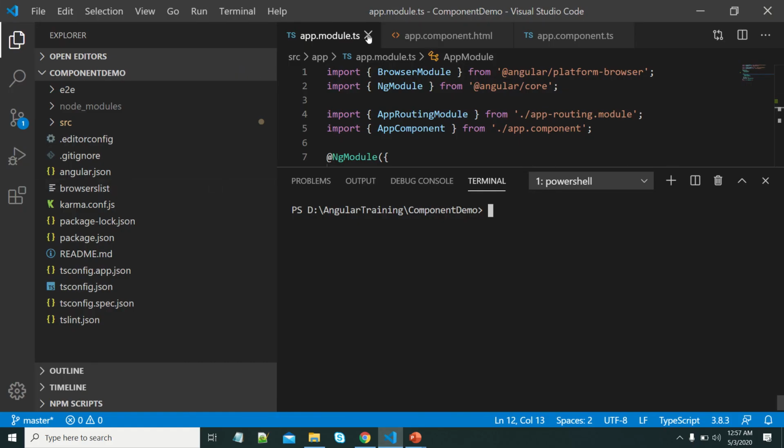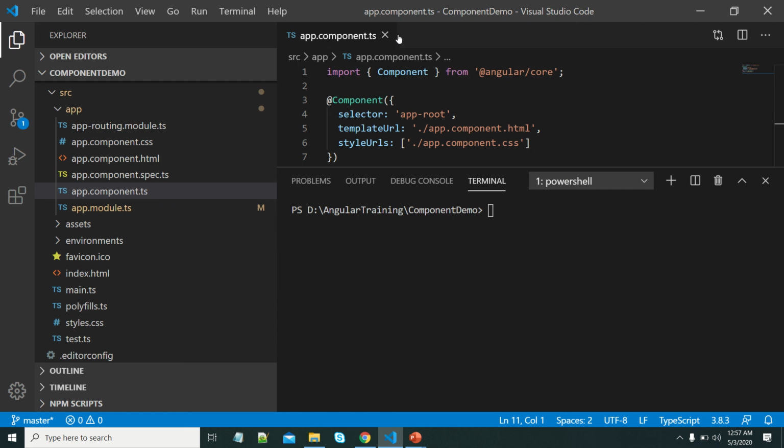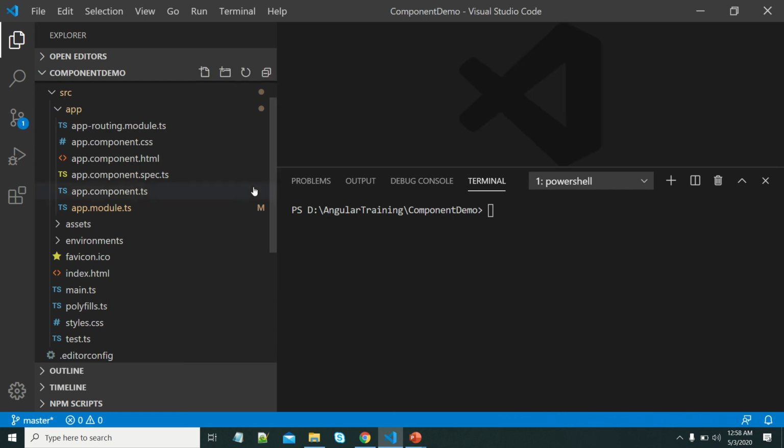This is the simple application which was created. Here the app component is created and this is the app module. Let me create one component.